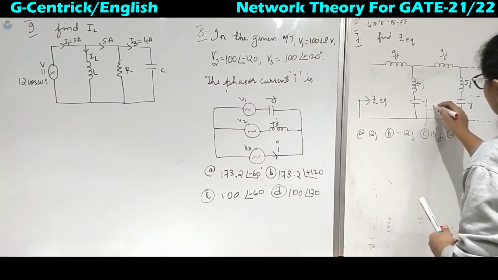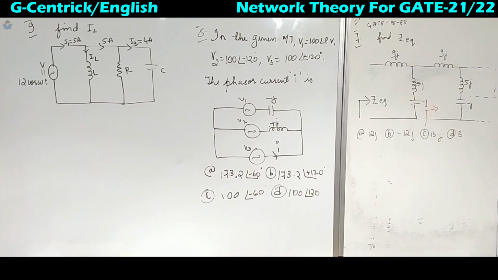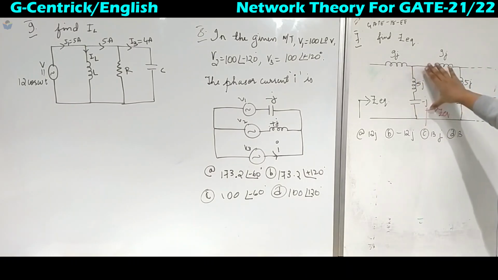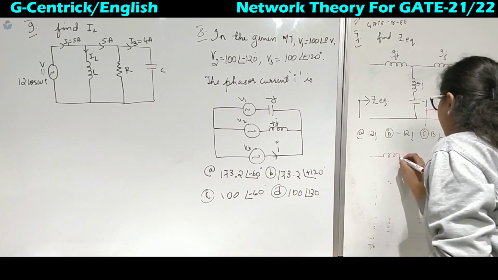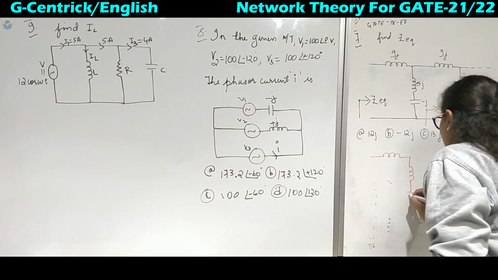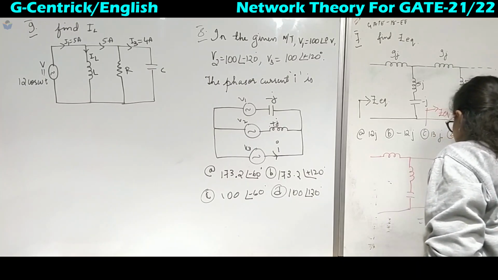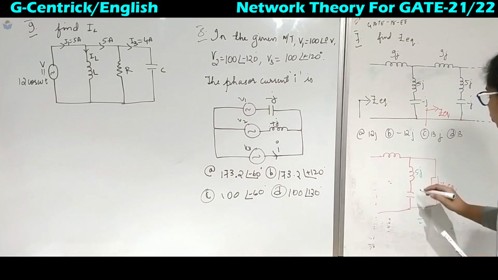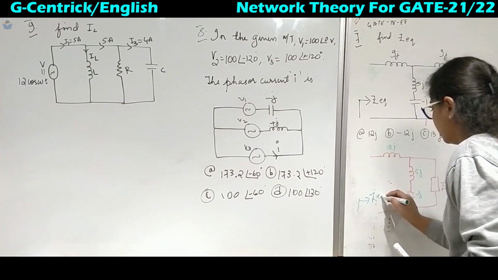If you see here, the same network we can see, series and shunt, similarly series and shunt with the same values. So this also I can call Z equivalent. If I remove one block from infinity, it will be again infinity only. So when I redraw the circuit, I will replace this part with Z equivalent. What is the value of this one? 5J, then we have minus J, here it is 9J, and here it is Z equivalent.